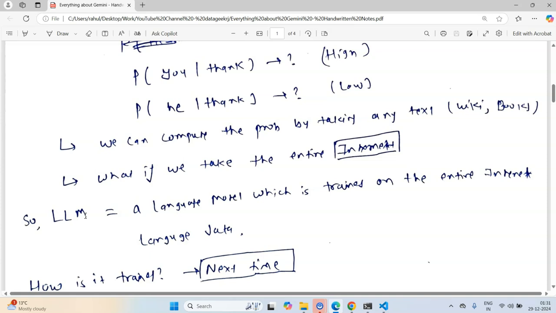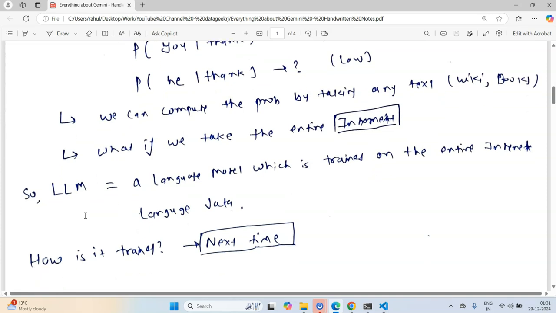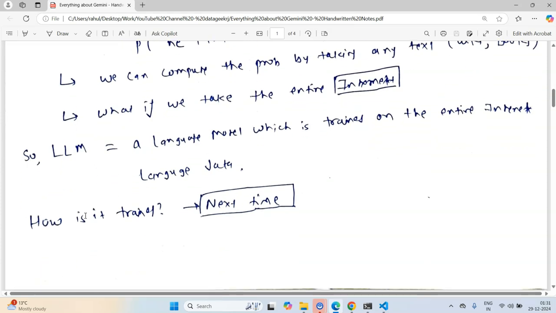Basically, these are trained on something known as a BERT-like structure, where we have an encoder-decoder kind of setup, and we need to have knowledge of neural networks to be able to understand that. We can obviously get into that, but that might discourage some of the beginners who must be watching this video. So how is it trained? We can probably cover that next time.